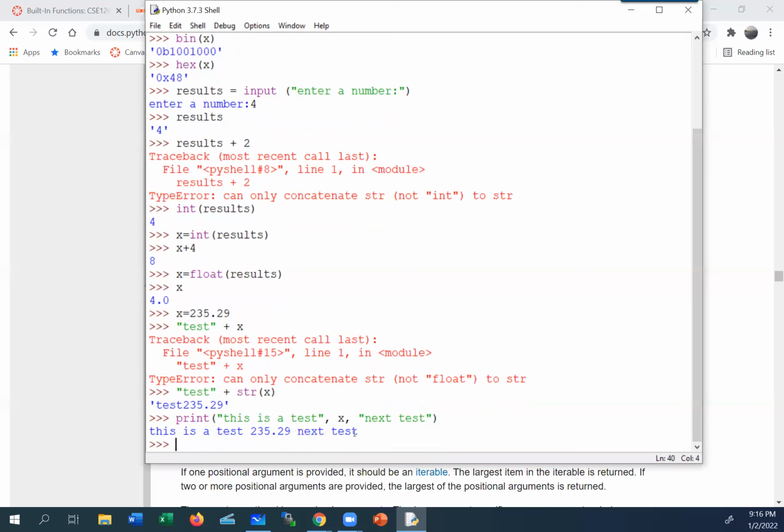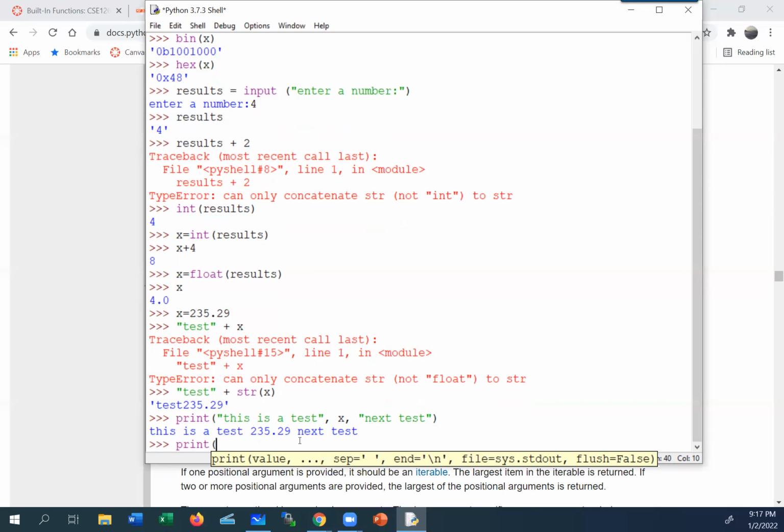Now maybe I want to do something a little fancier, and there's a feature available here where you can say print and then format it. In other words, instead of having to put commas like that and put the numbers into the print itself and have no control over how much space occurs between those things,